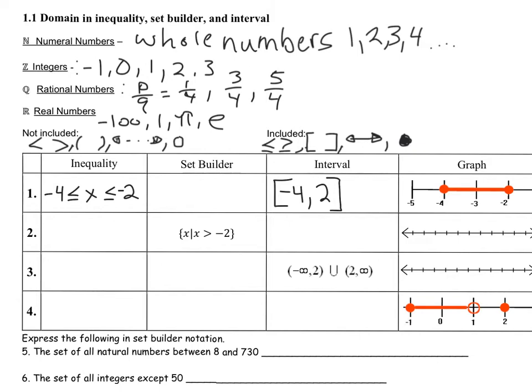And so that's why our x exists between these two numbers, okay? Now, set builder notation is probably not everyone's favorite, but it does have its uses, and we definitely need to know what it's talking about. So the first thing you have to do with set builder notation is draw your little squiggle, okay? It looks kind of like a sideways W. That's the best way to describe it, and that's going to be how we set things up. Now, the way we write what's inside this bracket, we have x such that, and that's what this line means, such that,